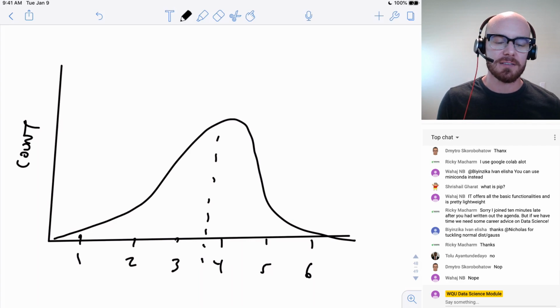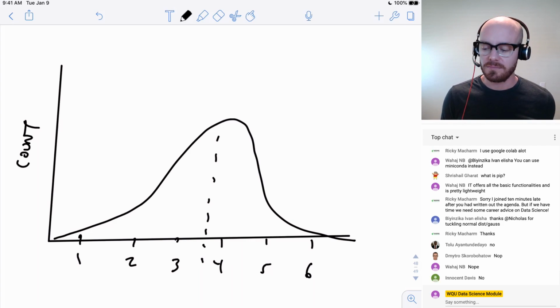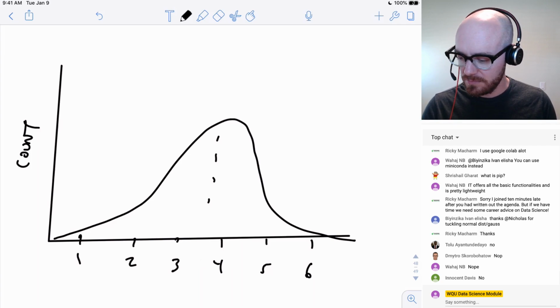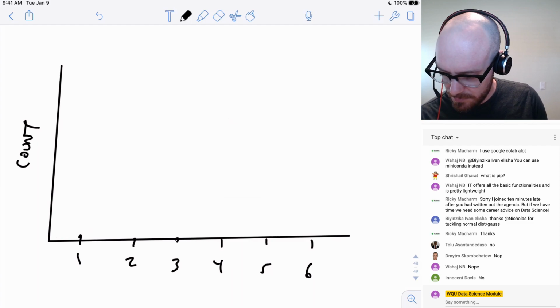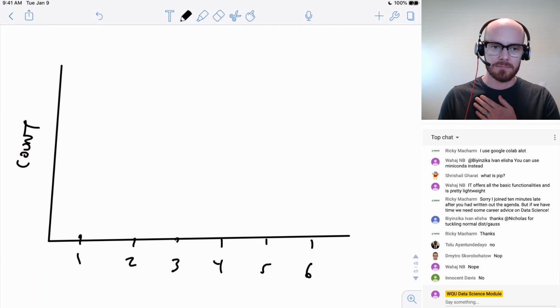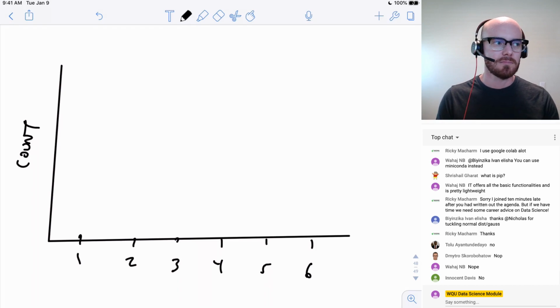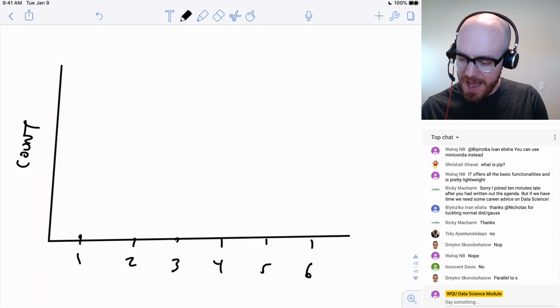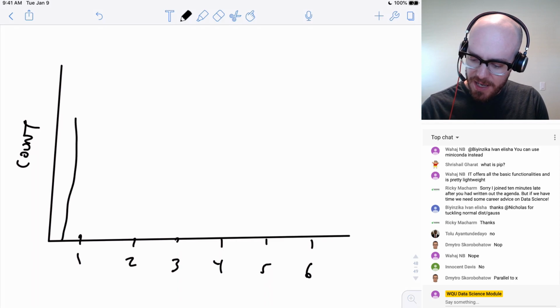What is it going to look like? Dimitri says it's going to be parallel to x. So it's basically going to look like this.